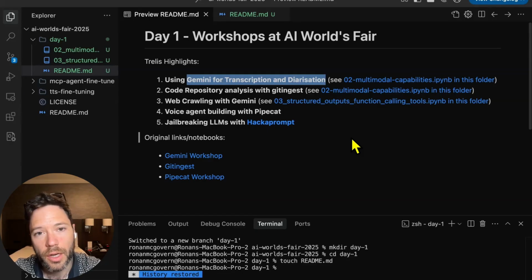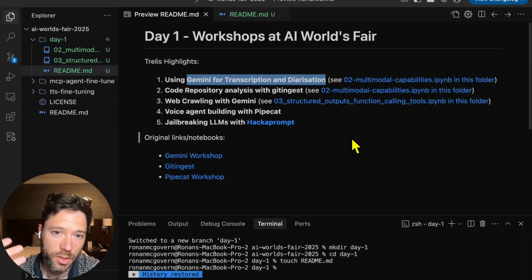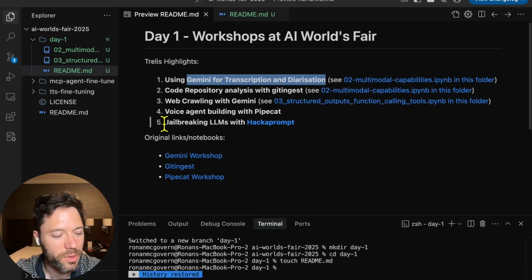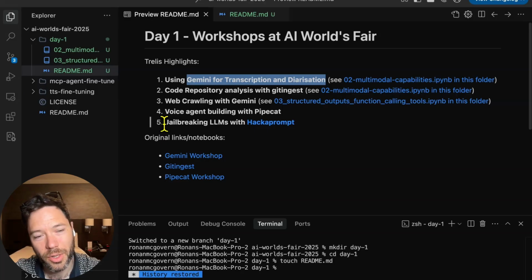Very nice tool. Then I want to show you web crawling with Gemini. This is like using Firecrawl if you want to get markdown of a web page. I'll talk a bit about Pipecat, which allows you to build voice agents. There's no way I'm going to cover the breadth, but I'll show you a quick script that is available publicly. And last of all, I'll talk about one of the cool workshops in prompting and jailbreaking. We'll play a little game and see if we can solve the Wolf of Wall Street jailbreak game, where our goal is to jailbreak an LLM.